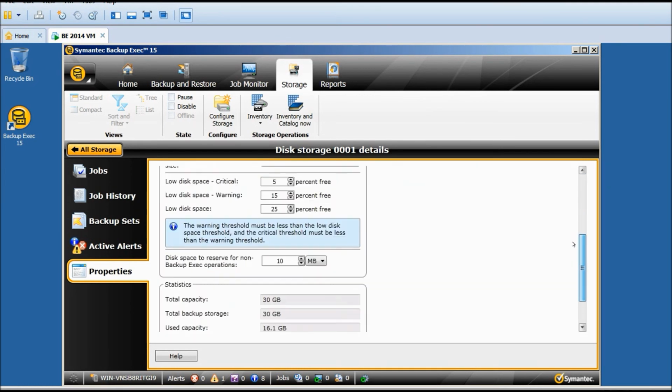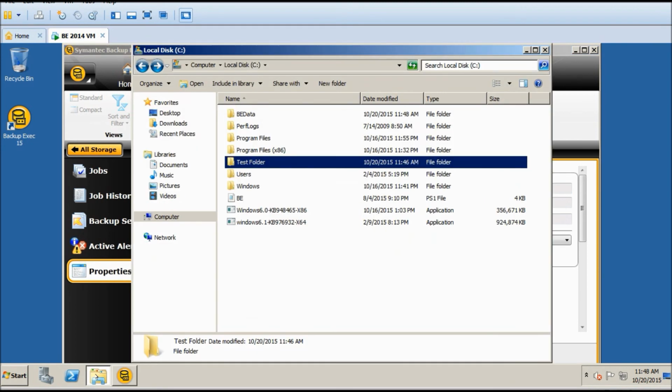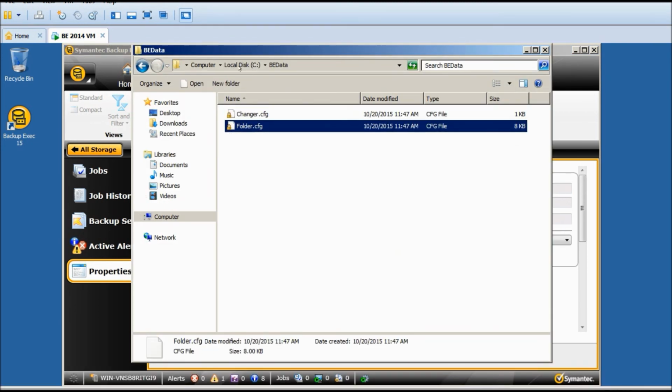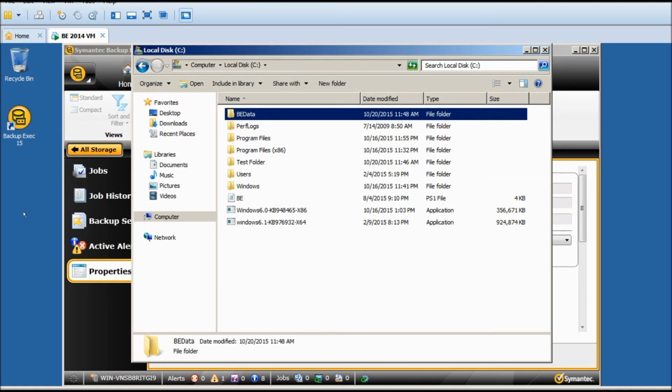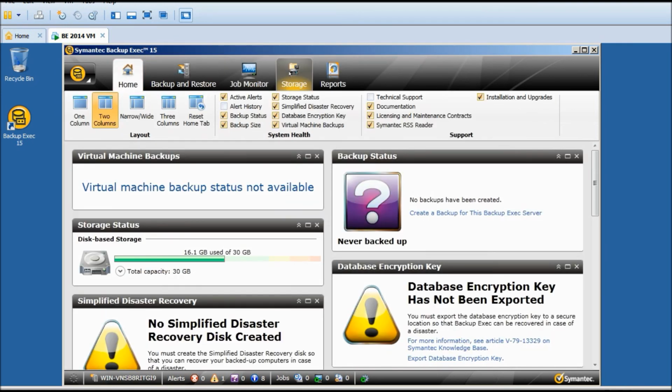So it is going to a different path. It automatically configured its path to C:\BEData. So this is my folder. This is how you create a backup disk folder. If I click on Home or click on Storage, it will show my disk-based storage,